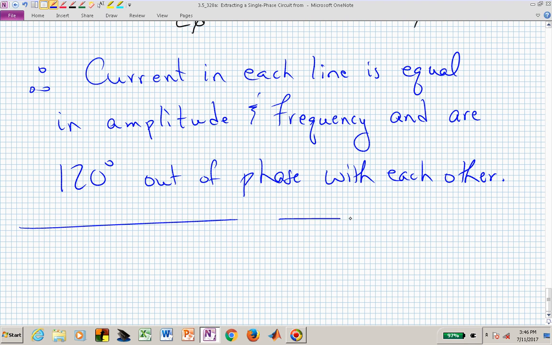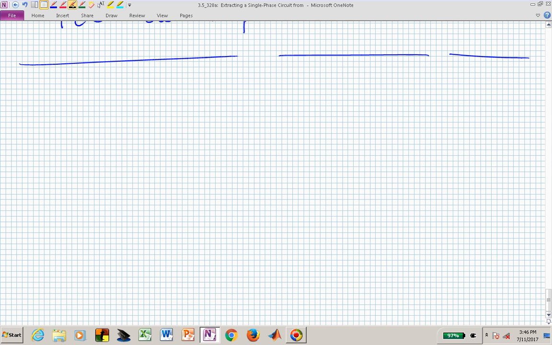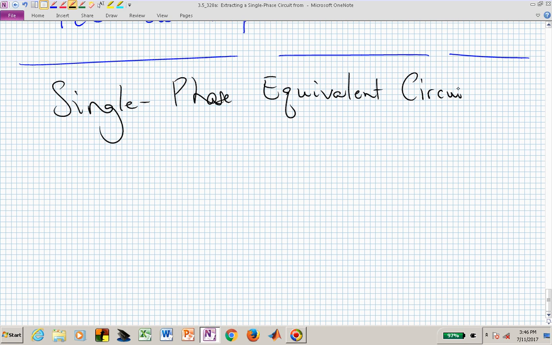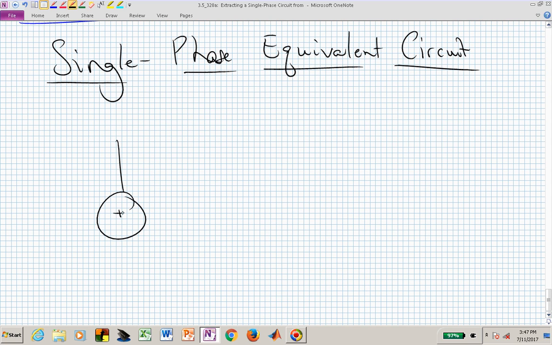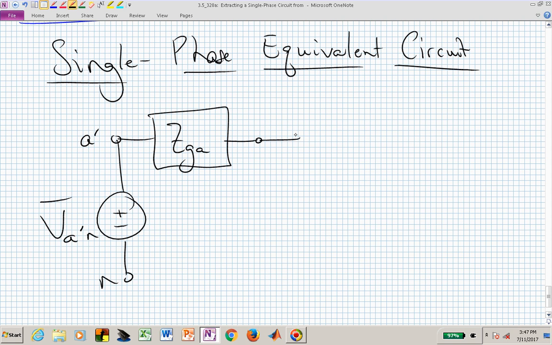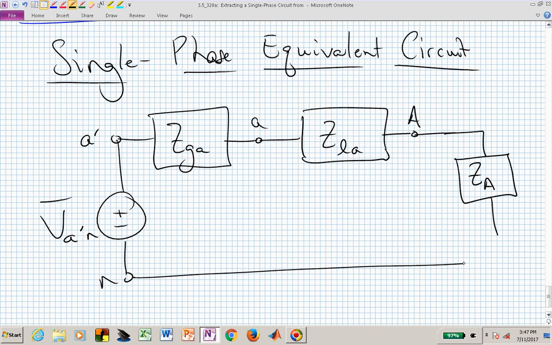And that now allows us actually to sketch this single phase equivalent that we had already alluded to in our punchline. If we now want to analyze that three-phase YY balanced system, we could just as easily analyze that system by analyzing a single phase, and it might as well be the A phase, because now we know that all of the generator voltages are related by 120 degrees. They have the same magnitude, and we've just shown that each of the currents in the three different phases